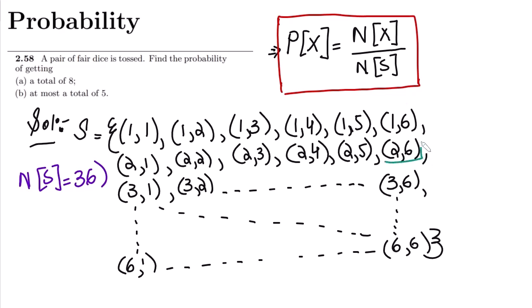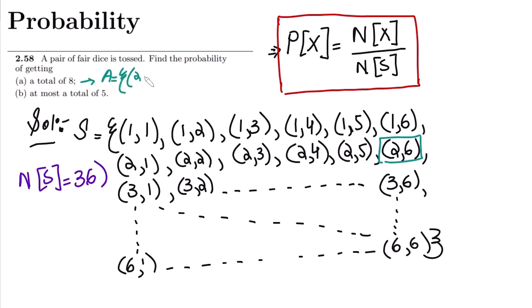Here, this is the only one which gives me 8. Similarly here I will have 3 5, here 4 4. Okay, and here 5 3, and then 6 2. Okay, so for this, let me have here the event A, and the items here would be what I